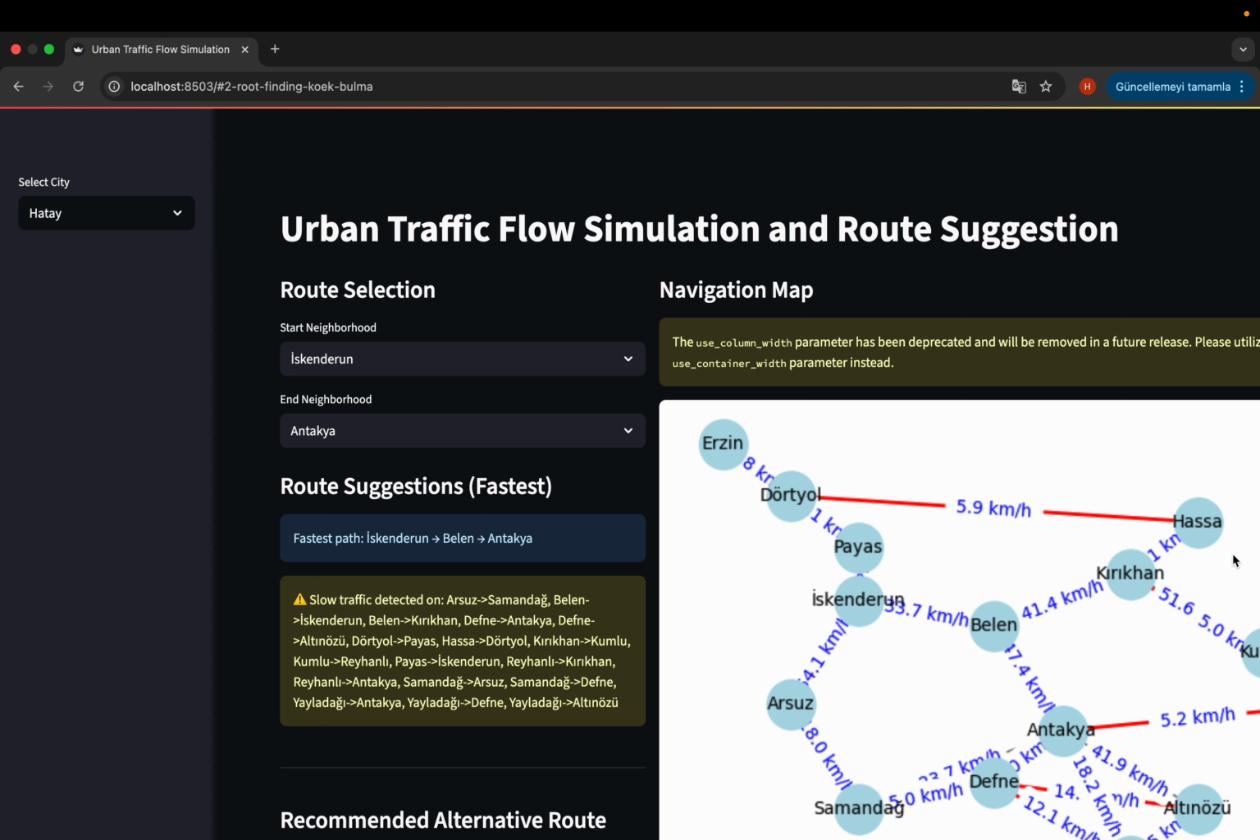Result: the rerouted path is longer in distance but shorter in travel time because it avoids the saturated route. This showcases the power of adaptive routing based on real-time data. And as you can see,